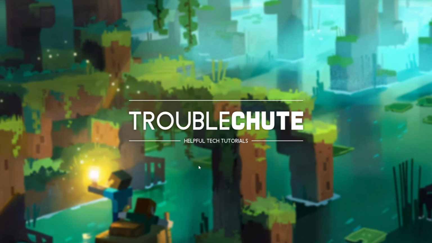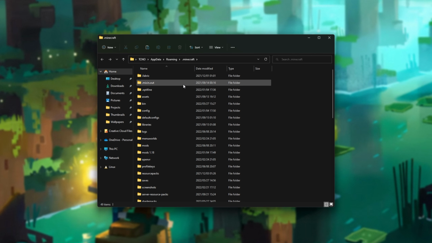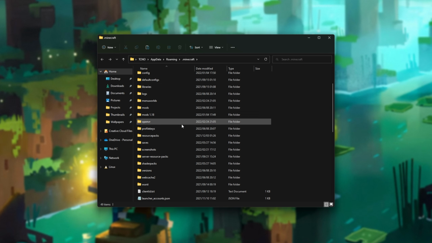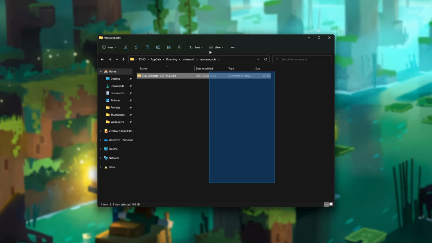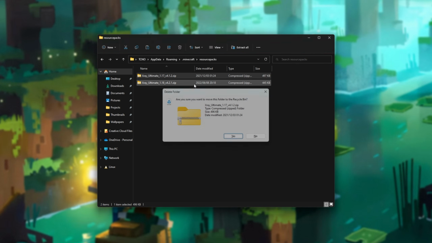To install this, hold Start and press R at the same time to bring up the Run dialog. Inside of here, we'll be typing %appdata%\.minecraft as such, and we'll be clicking OK. Then inside of this folder here, we'll simply scroll down and look for the Resource Packs folder. If you don't have this, simply create one. Resource Packs, one word. Open it up, and inside of here, we'll be dragging and dropping the Resource Pack zip that we just downloaded. Once it's inside of this folder, we can remove previous versions if there are any,